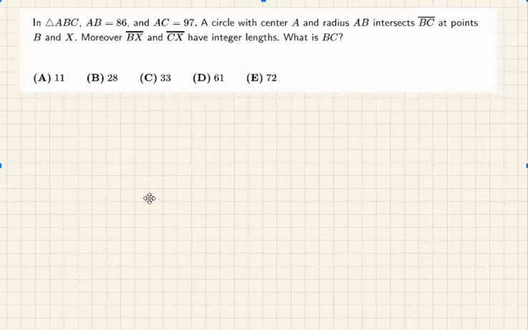Guys, so we have another AMC 12 problem. This was number 19. We have triangle ABC, two sides are given, and a circle with center A and radius AB intersects BC at the points B and X. And then BX and CX are integers. So what's BC? When you read the question, it doesn't look like we have something concrete going on,